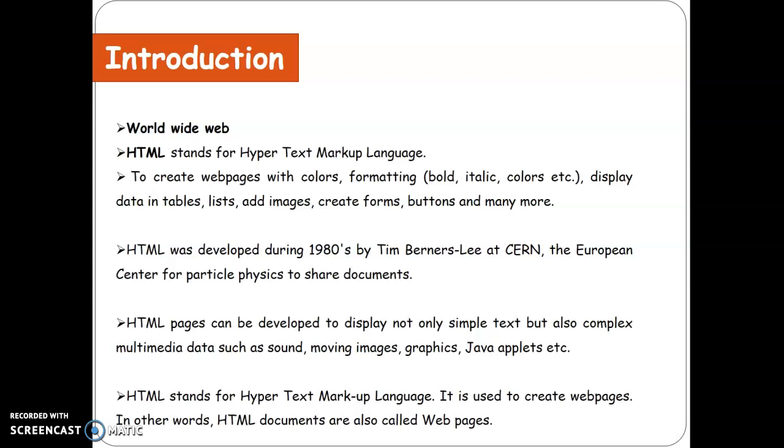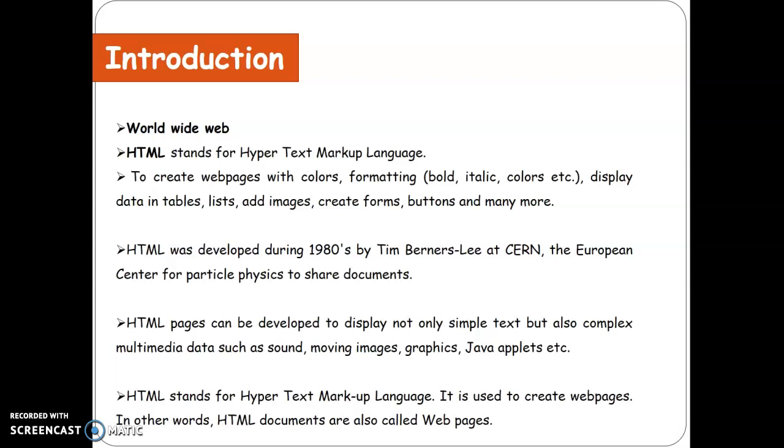HTML was developed during the 1980s by Tim Berners-Lee at CERN, the European Centre for Particle Physics, to share documents.